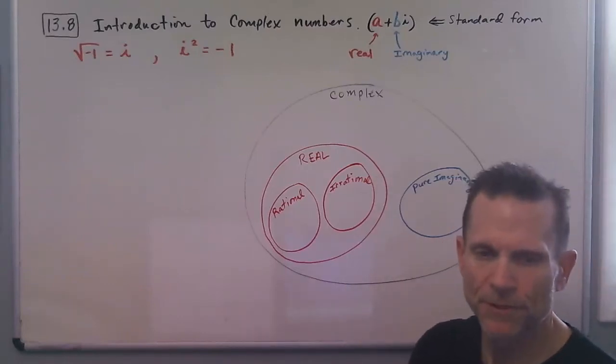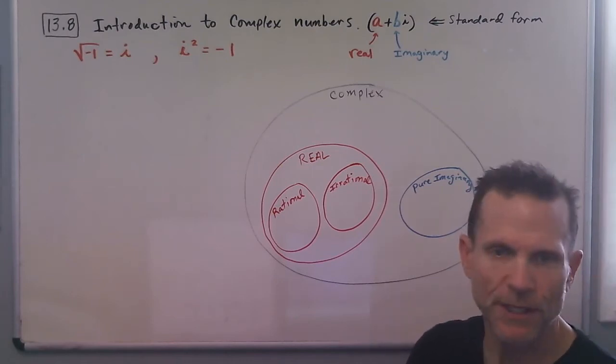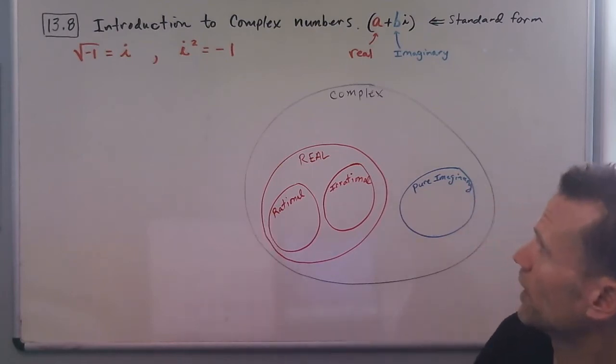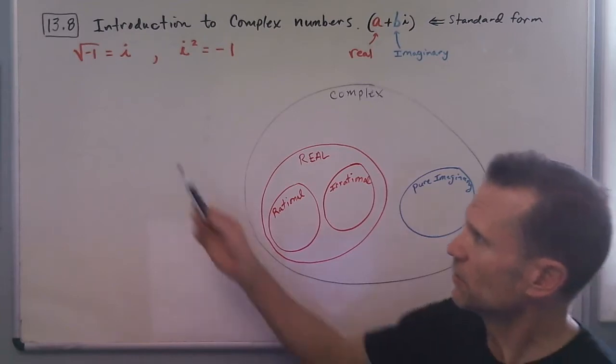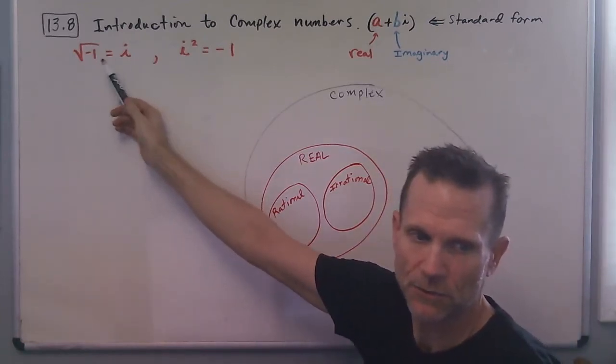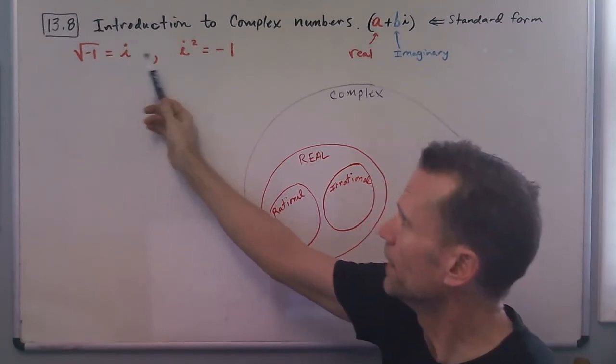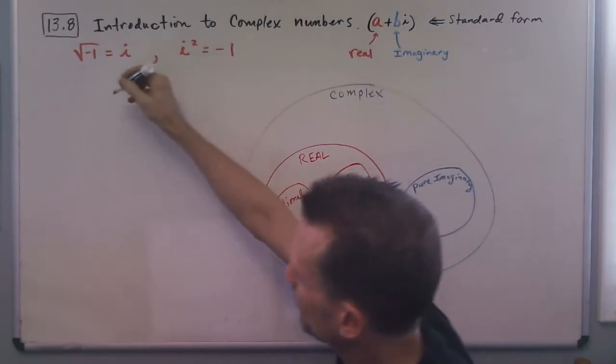Okay, I'm going to do the briefest little overview to get us started on 13.8, Introduction to Complex Numbers. So by definition, i is equal to the square root of -1. Okay, and then what we can think about is